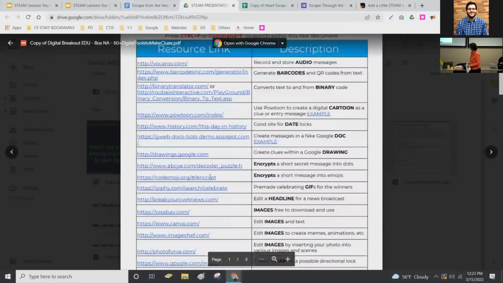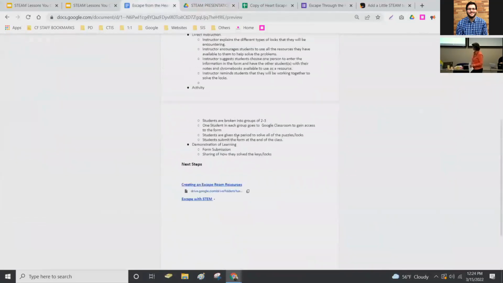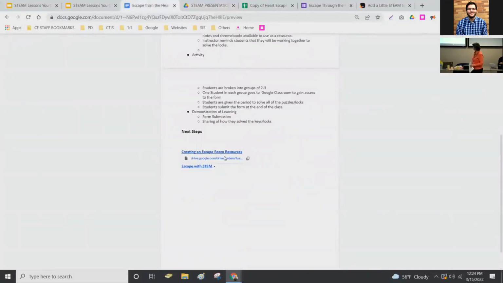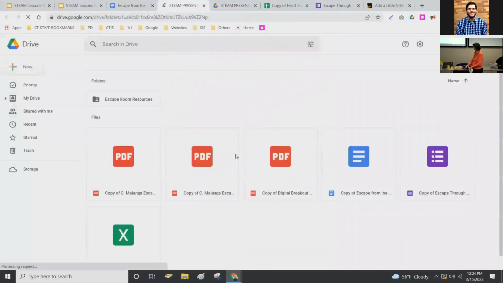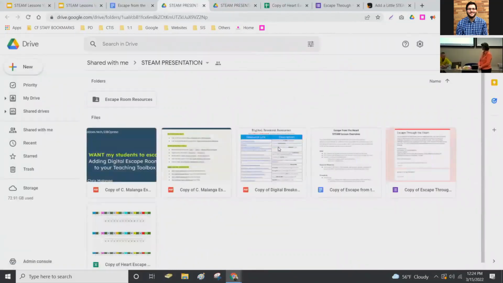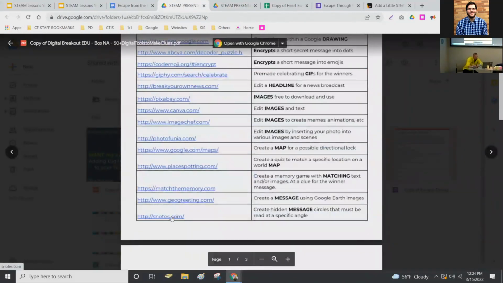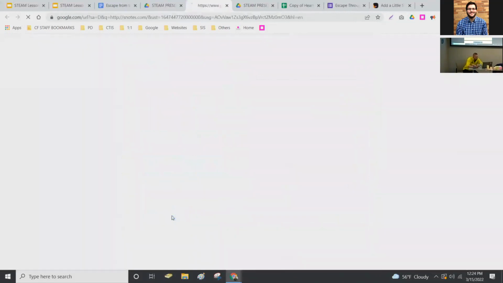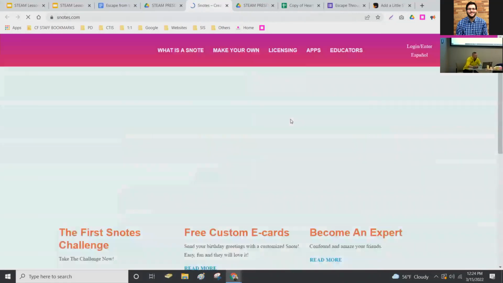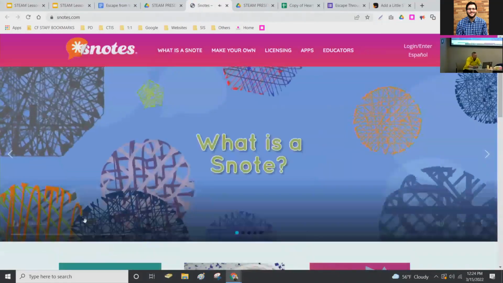Yeah, I want to highlight one on here. This was at the bottom of her lesson plan. She has the creating room examples as a drive folder, and that's where you find this copy of the digital breakout rooms. But the one I was exploring that I just thought was so cool for kids to create with is called S-Notes. You type in a word and